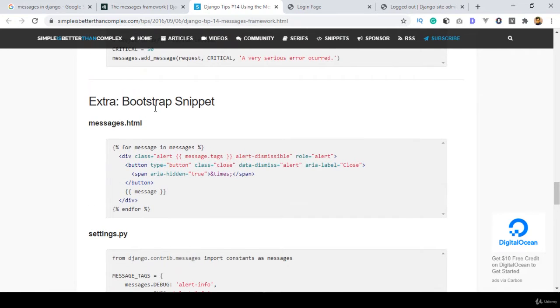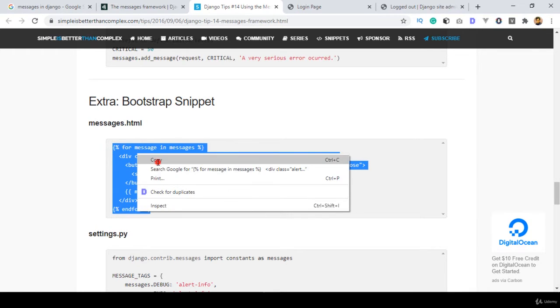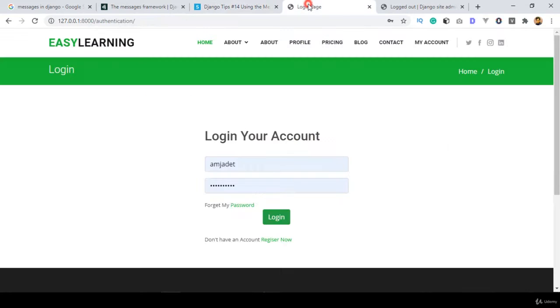Step by step I will show you. First of all, there is a message HTML area where exactly you want to make this message visible. Right now I just copy it. Here I want to make this message visible. I simply copy it from here, and I want to make it visible in our login page. That means when it logs out, I want to show a success message, right? So that is our login page.